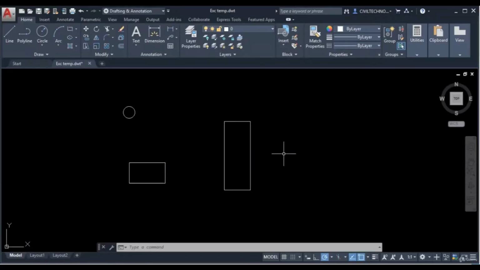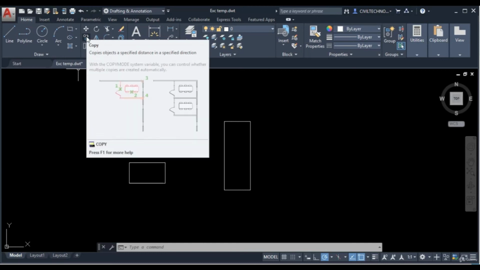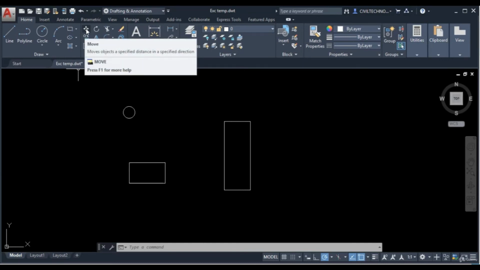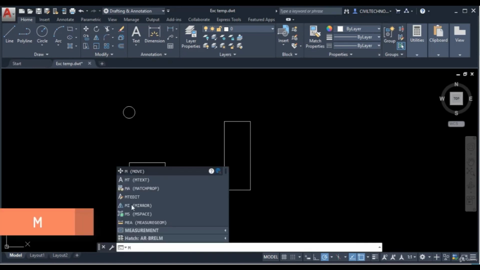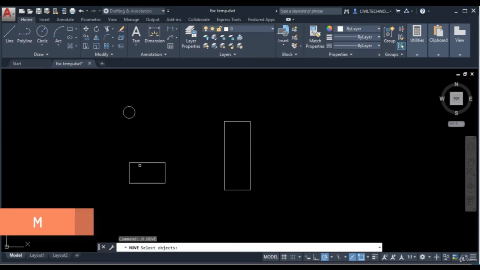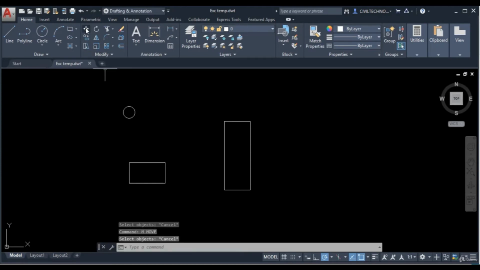In this tutorial, we will learn how to use move and copy command. Move is in the modify panel. This is move, and below is copy. For move command, we will simply select icon or write M, enter for shortcut, and if we hit enter, the command activates. The command line says select object, so we select this circle,